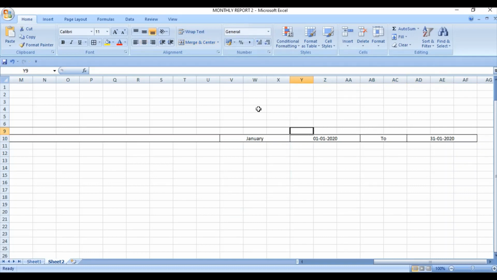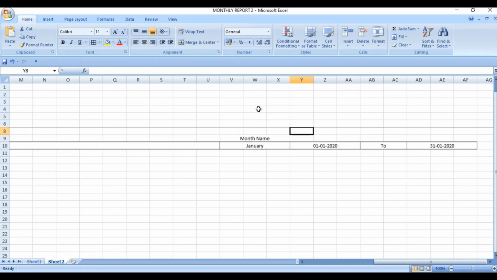This is our month, or this is the month name, starting date. Merge it and write here starting date of the month and ending date of the month.